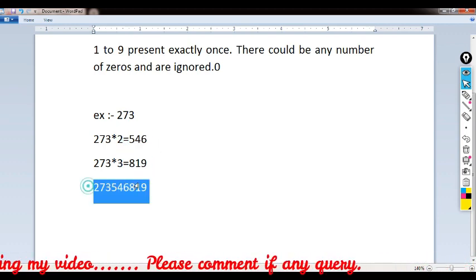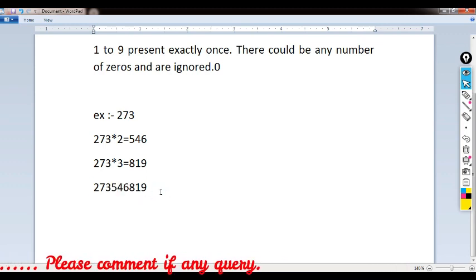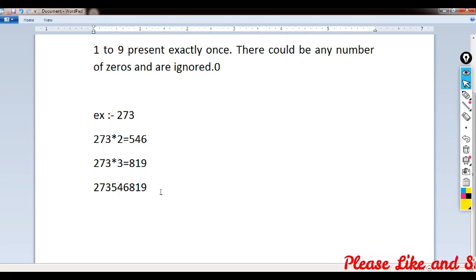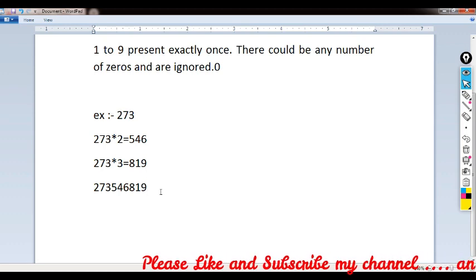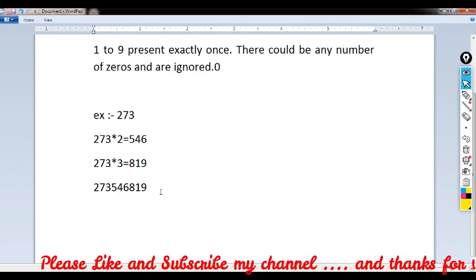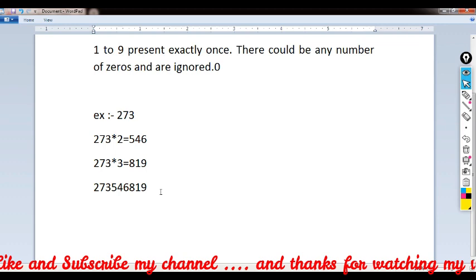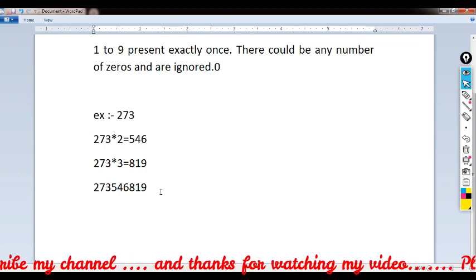Then we get a string and check that the string contains the digits 1 to 9 exactly once. If this condition is satisfied, then we can say that the given number is a fascinating number, otherwise it is not a fascinating number.